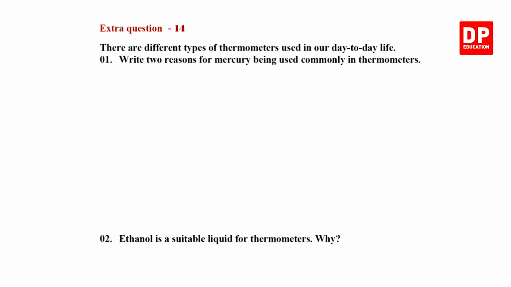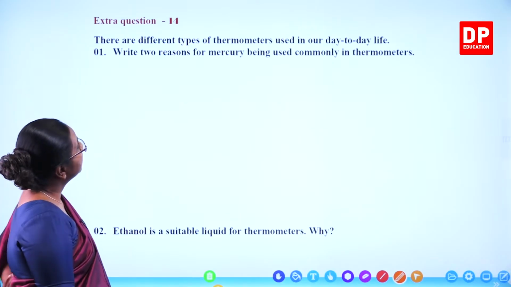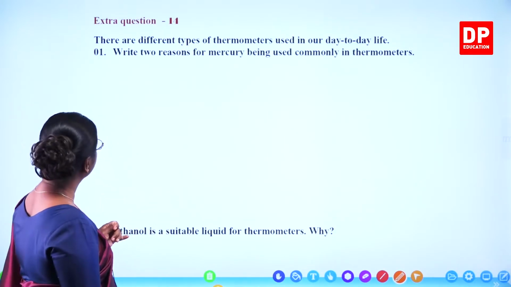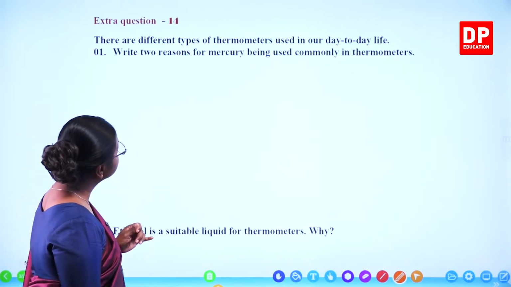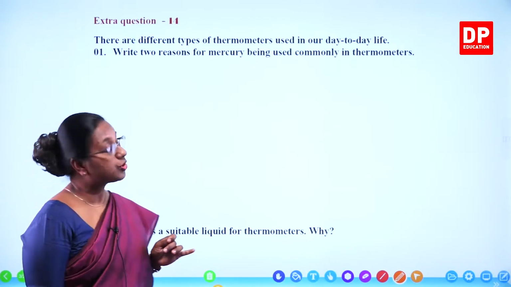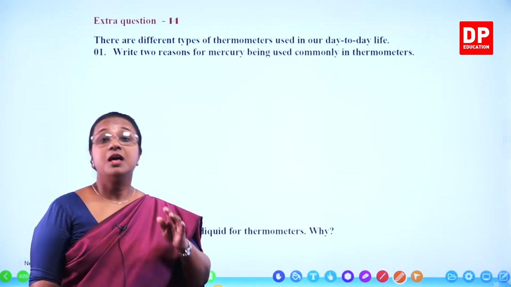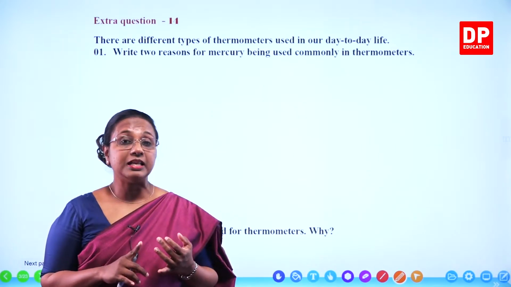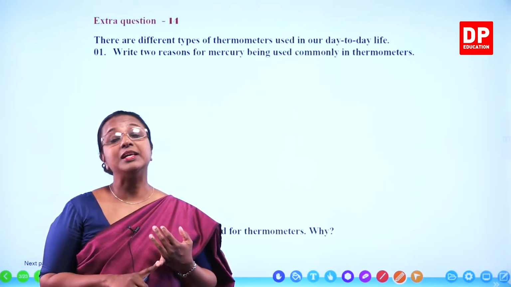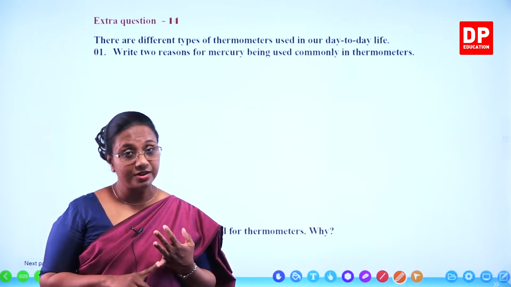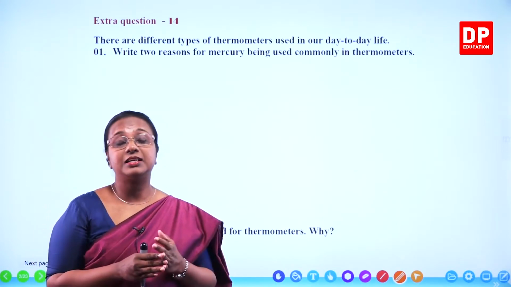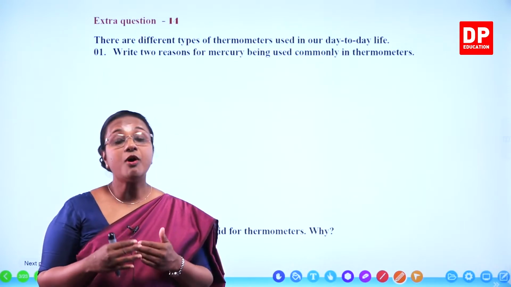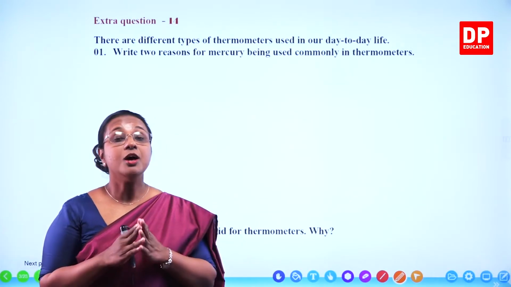Extra question 14. There are different types of thermometers used in our day-to-day life. Write 2 reasons for mercury being used commonly in thermometers. What are the reasons? You all can remember mercury is a very good thermal conductor. That is one reason. So it can easily conduct heat and also it has a uniform expansion over a broad